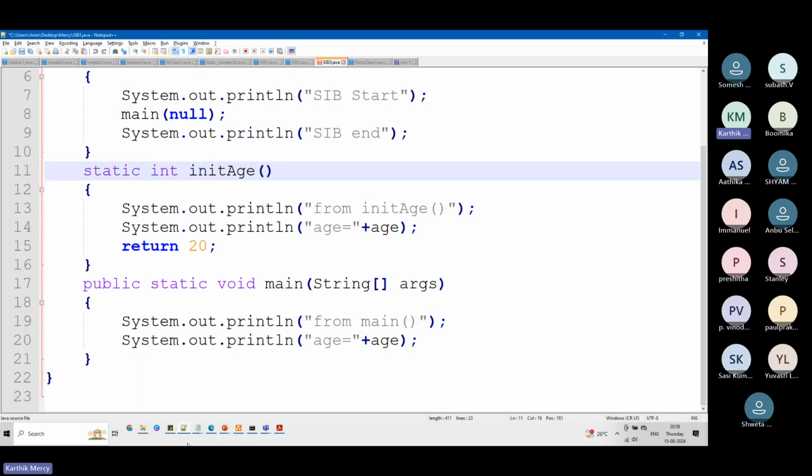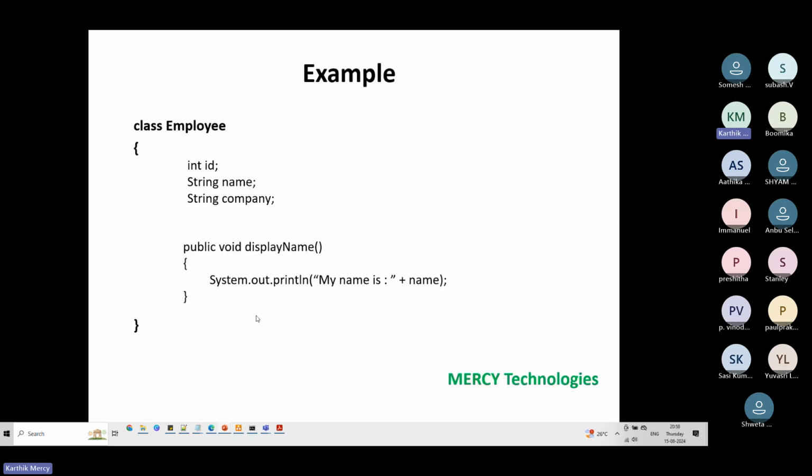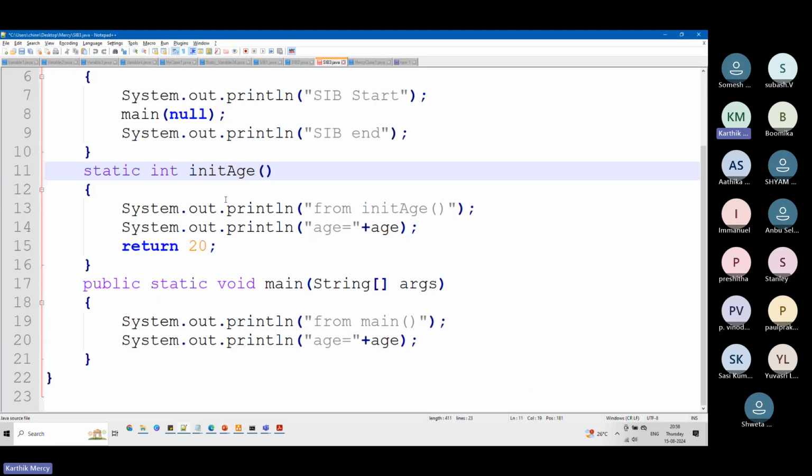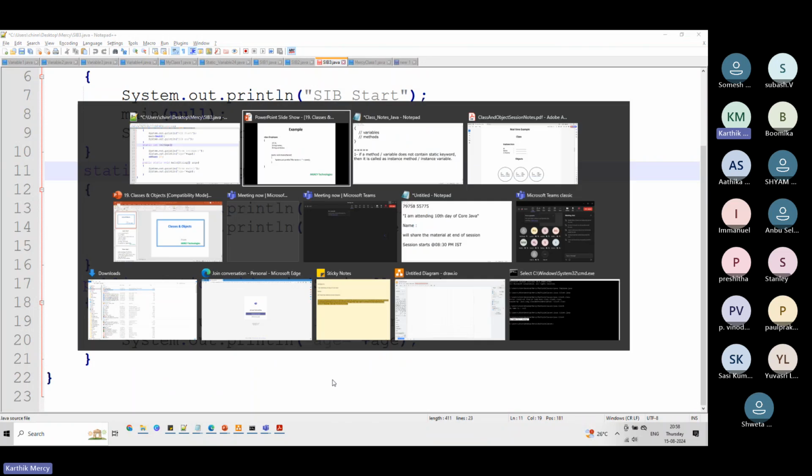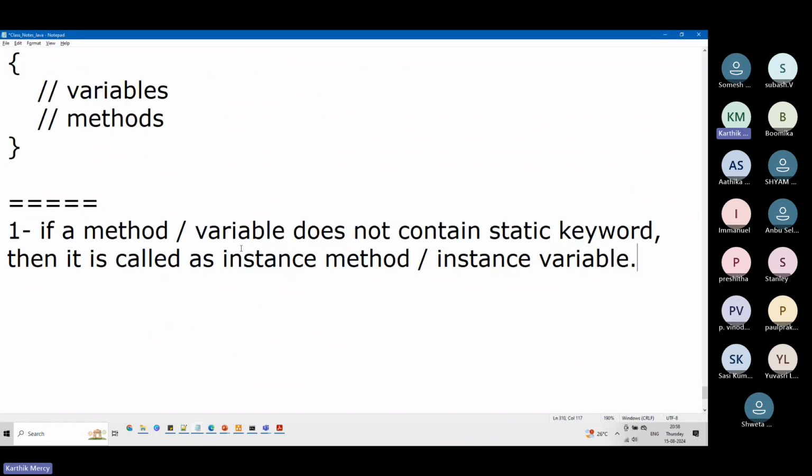Now, in my example, I am not having the static keyword. The same thing I want to highlight over here. For int, there is no static. For string, there is no static, and for company, there is no static. When I say no static, I mean they are per instance, or per variable. So those are called instance methods or instance variables.